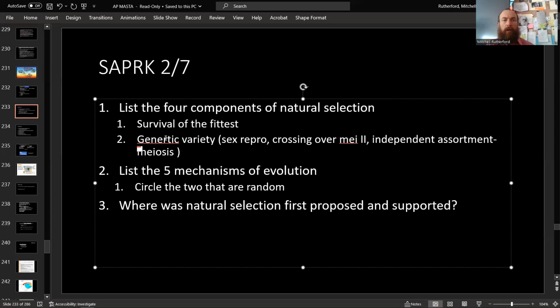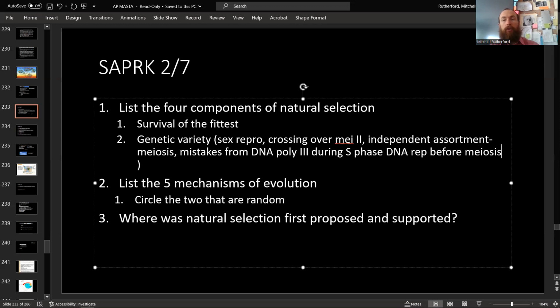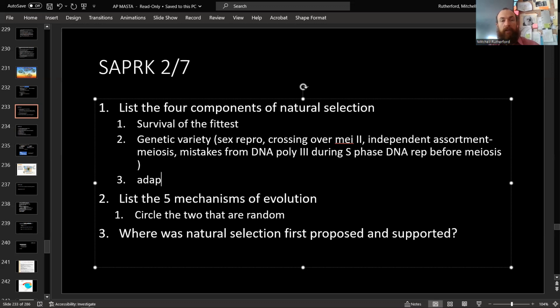Great. Okay. So yeah, we got tons. Oh my gosh, there's even more genetic variety. There's even more genetic variety that is going to come from mistakes from DNA polymerase 3, during S phase DNA replication before meiosis. So we're just going to get so much genetic variety here, and that is going to be what gives us adaptations, right? Because genetic variety, maybe we could say AKA mutations,